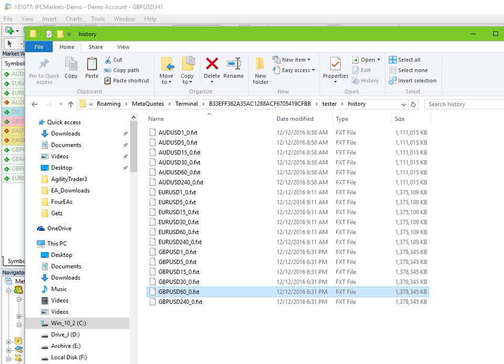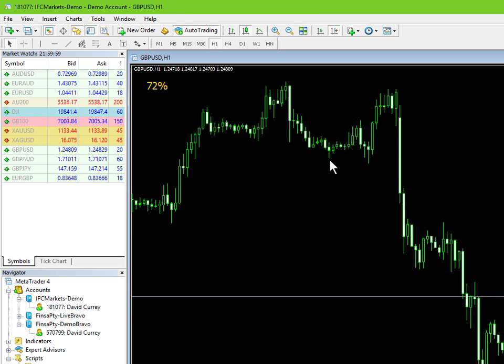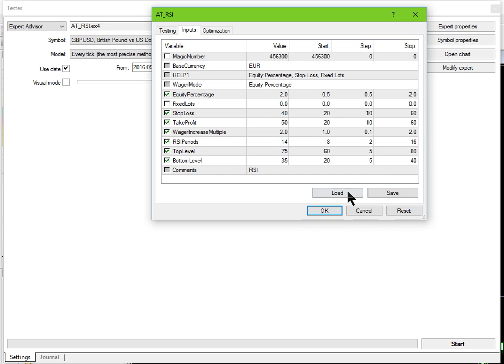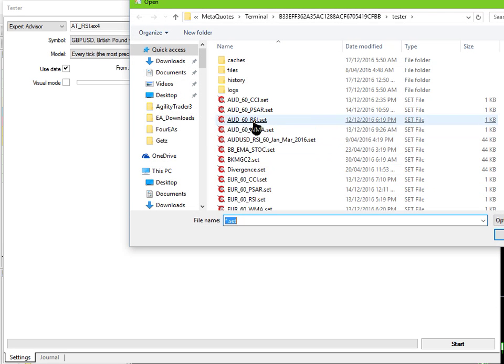That's just a reference as to what you need to do in terms of housekeeping when you finish that conversion. So we just go back to where we were, opening strategy tester. It will remember where you were previously, luckily. And I'll just load them back in for the exercise, the